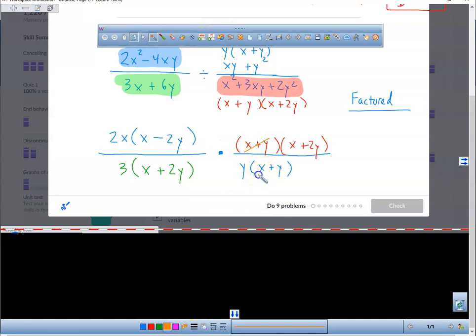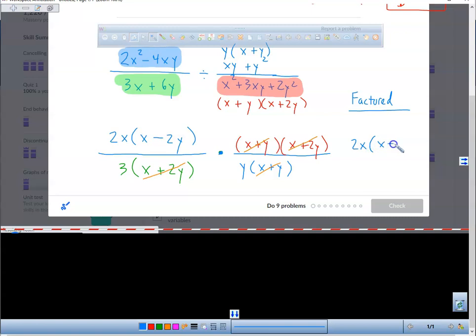X plus y can cancel out this x plus y. Does everybody see x plus 2y right here? That can cancel out this x plus 2y. So those cancel out. So let's think about this. What do we have left now in the numerator? A 2x